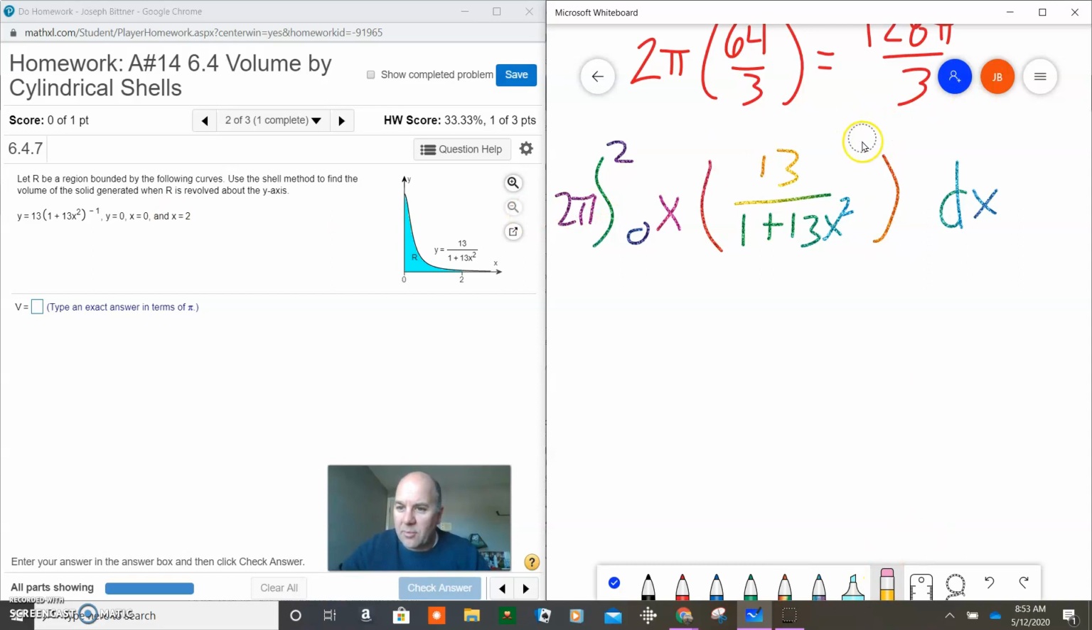This red line keeps on bothering me. Looks like it's part of the equation. Just make sure I wrote everything correctly. Just type it in your calculator. That's probably the worst part about this. I'm hoping this one works out nicely. It may not. 13 over 1 plus 13x squared. And then with respect to x,